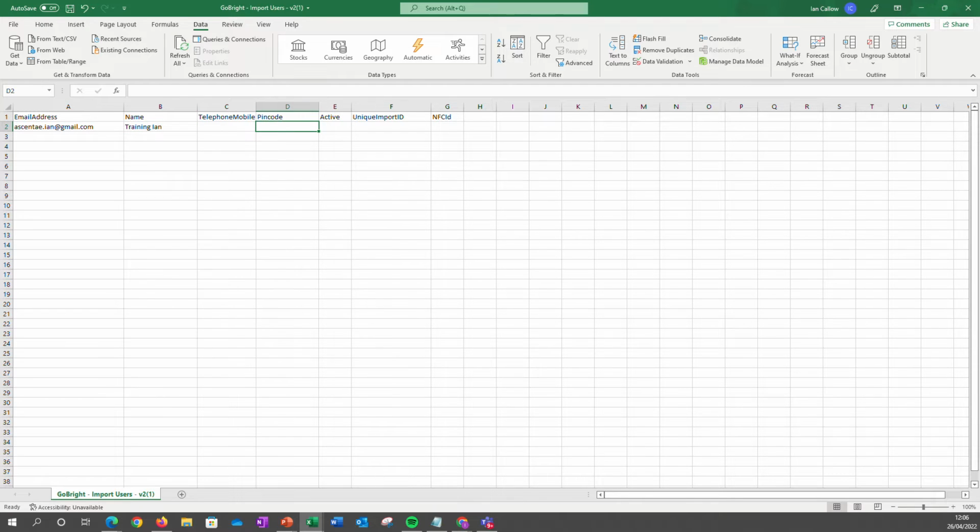We'll give a pin code, and I'm just going to do the row underneath as well. If you were doing more users, the idea being we can just drag that down for as many users, and that will increase the pin code. Also our active needs to be set as true, so we can drag that down for our users. And for our unique import ID, we can simply copy